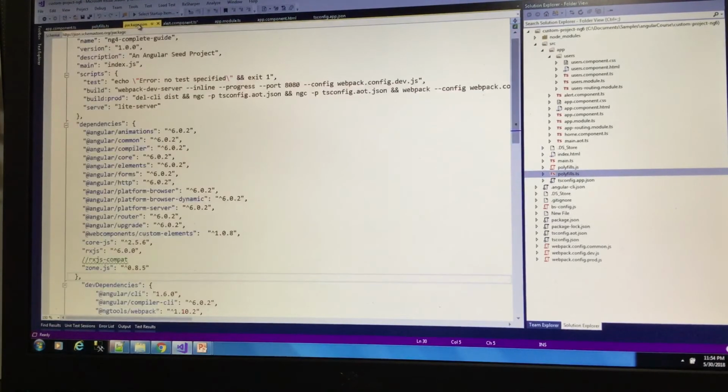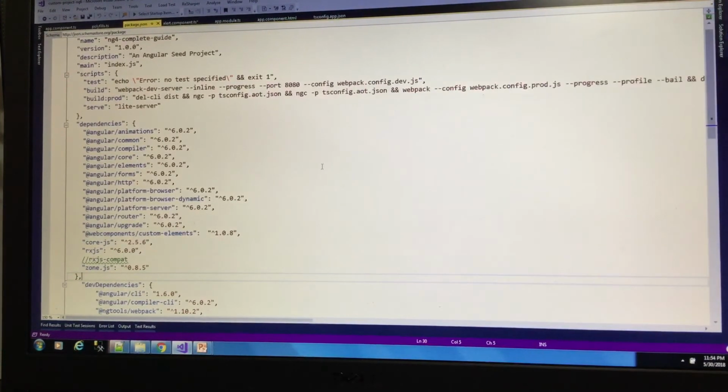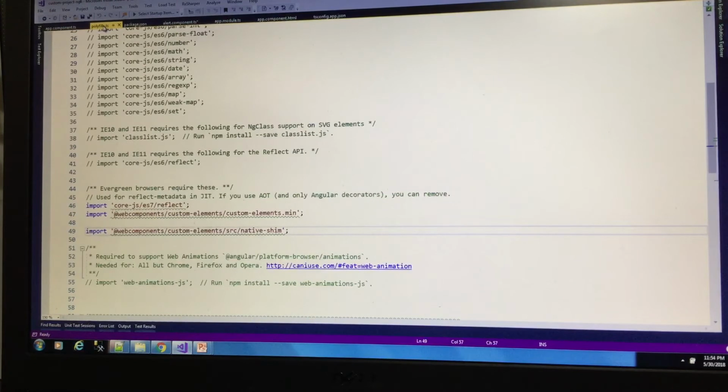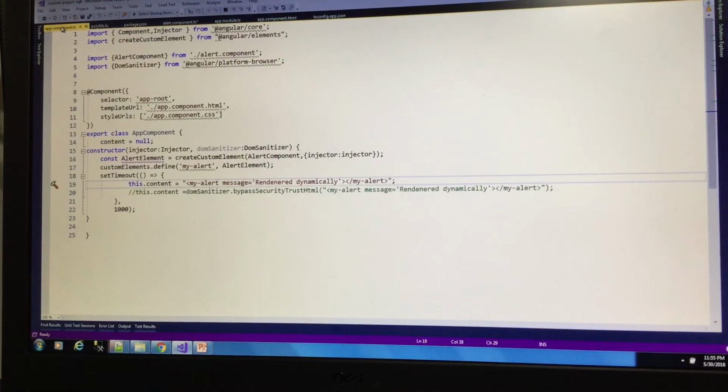So I upgraded my Angular project to Angular 6. You can see that this is done in my package.json. Now everything is upgraded to Angular 6. To integrate web components, you need to import the web components custom elements into your polyfills.ts file. And if you go to the app.component.ts,